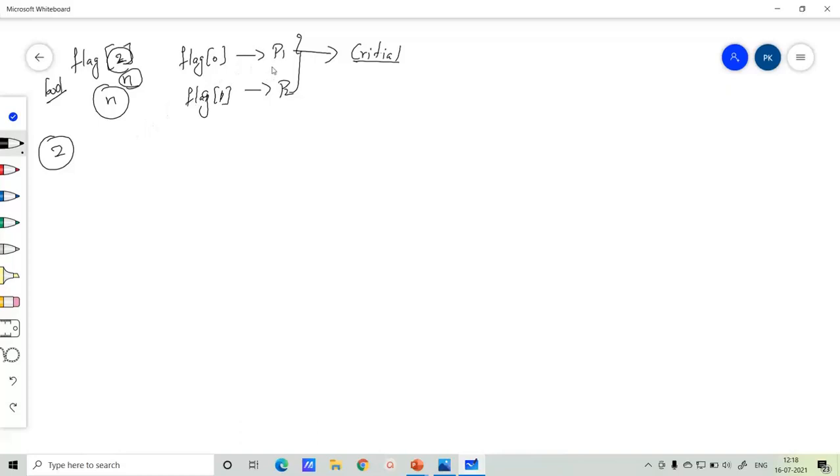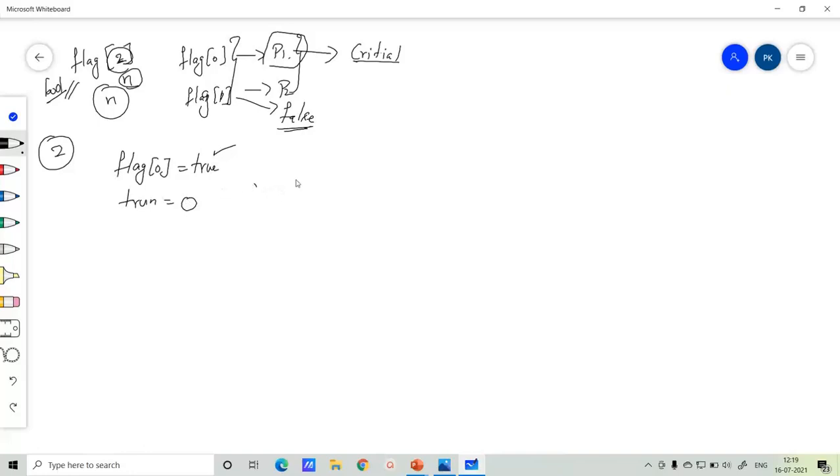Now if process 1 wants to enter into the critical section, what it does is, this flag value, that is flag of 0, since it is storing a boolean value, we are going to make it true. At the beginning both the elements of this flag will be false by default, that is flag of 0 will be false, flag of 1 will be false. If process 1 wants to enter into the critical section, we make that true. Once we made that true, we consider the variable called turn. Turn will be set to 0.